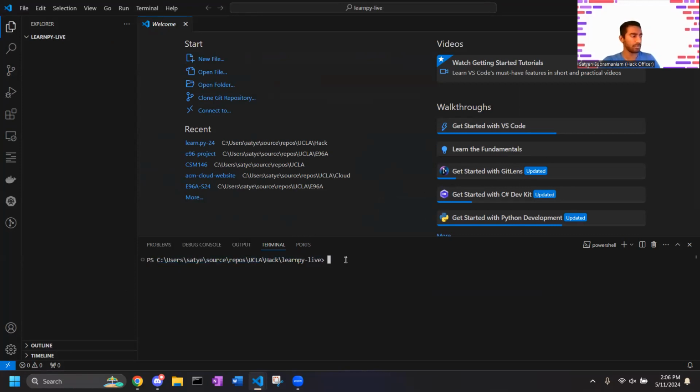So what we'll want to run is the command python -m venv